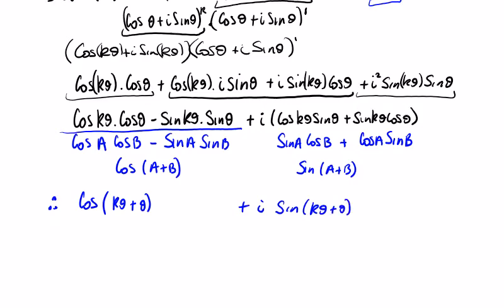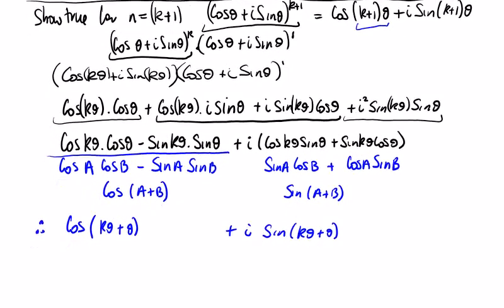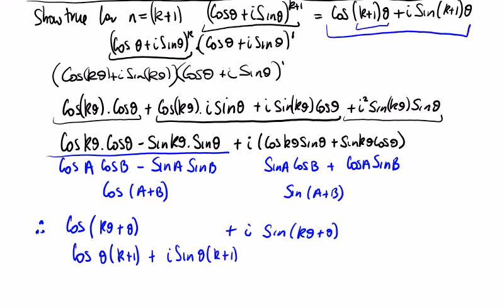And if we factorize theta out of these, we're going to get the cos of theta by k plus 1, plus i times the sine of theta by k plus 1, which you can see is equal to this guy here. Therefore, we've got our proof. Therefore, shown true